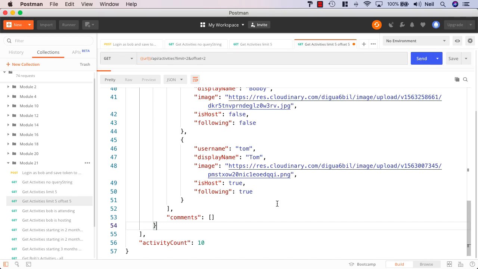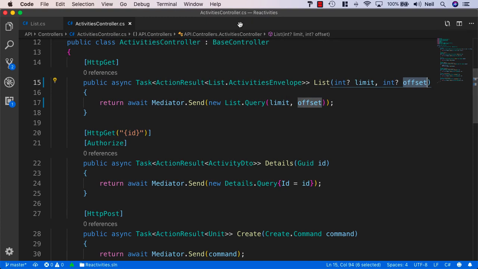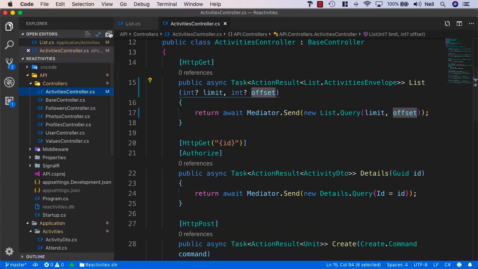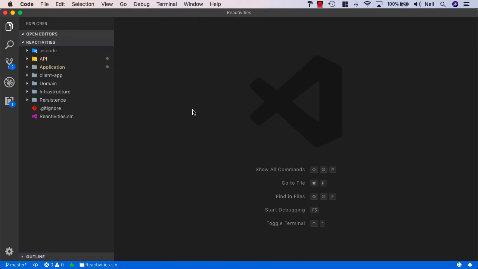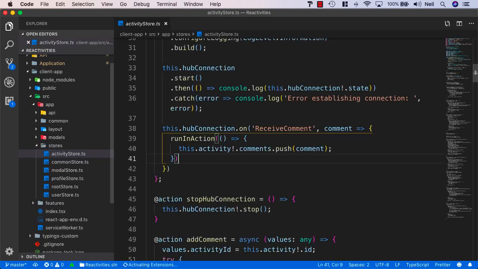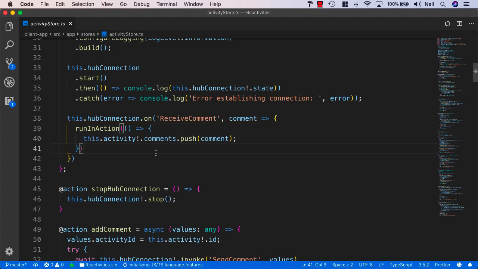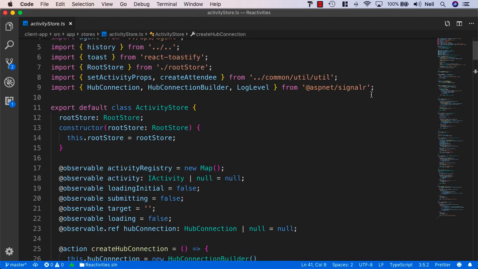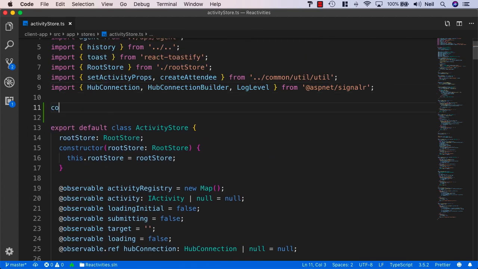So now we've got this working on our API, let's go to our client and configure this. So I'll just clean up the windows. And what we'll do to start with is we'll just open up our activity store and we'll start configuring this inside here. And what we'll do is we'll just add a const and set a default limit of 2 in this case. Doesn't have to be 2, but we'll do this so it's easy to see the effects of paging